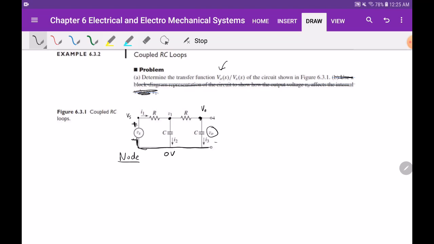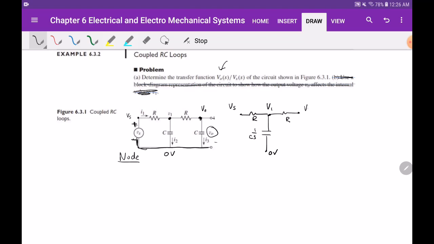Using the node analysis, you have two unknown voltages, so you'll have two equations. Let's start with the node where it says V1. You have a V1, you have a resistor R, you have a resistor R, and your capacitor, I'm going to change the impedance, so it's going to be 1 over CS. Here you're at 0 volt level. On the left you have a Vs. Here the voltage level is